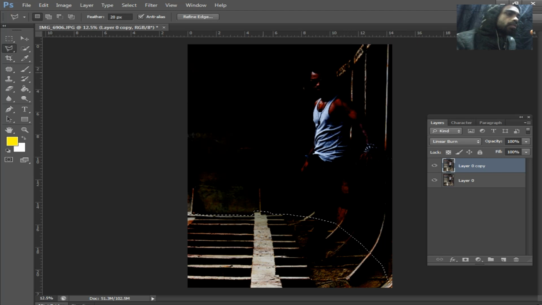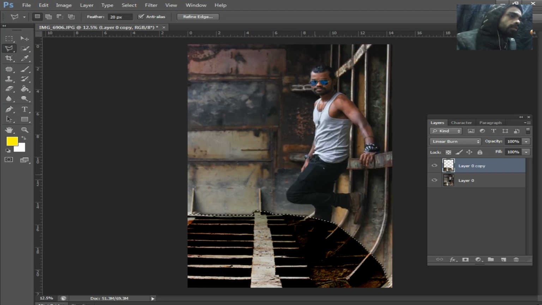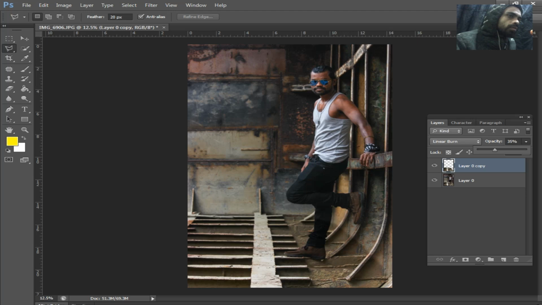So this region is selected. When I press delete, those regions are deleted, and I hit Ctrl D. Now this area is imbalanced, with so much darkening. It's not a matter, we have to turn down the opacity, which makes it much more